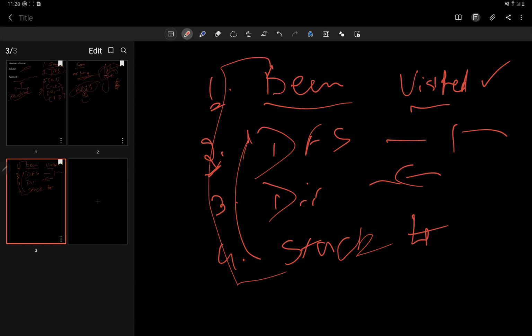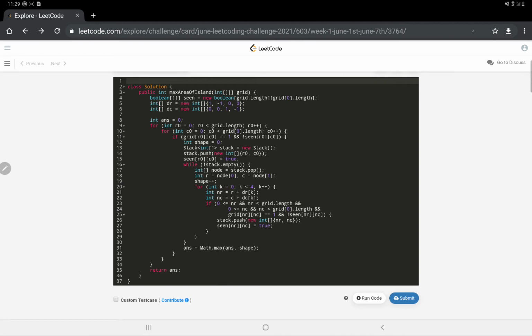Now let's see the code for this problem. Moving on towards the code. So yeah, this is a very clean and concise code. This is for the right coordinate, this is for the left, that is 1 0, -1 0 coordinates, and this is the visited 2D array. All right, so I hope these are initialized. Now this is the final answer which will be returned.